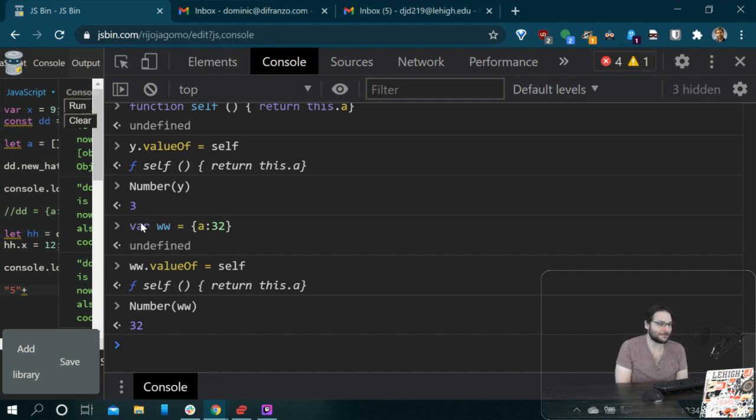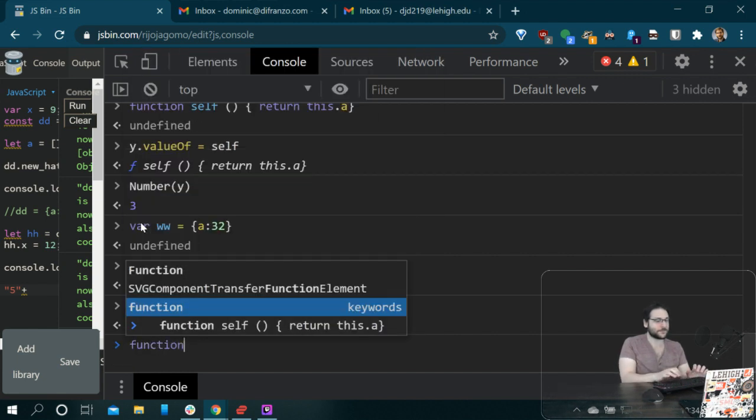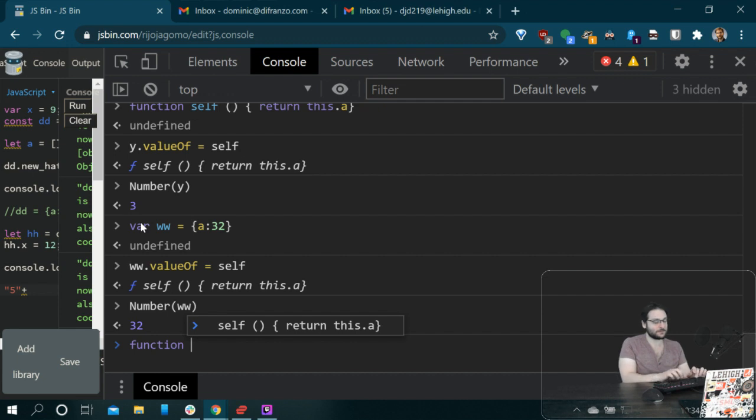I didn't have a whole lot planned, coming into this. So those are some of the ways to play around with this. Let's say I want to create another function. So function strings. Let's put strings with a Z. Let's be like the 90s. And let's just say, I don't know, return,